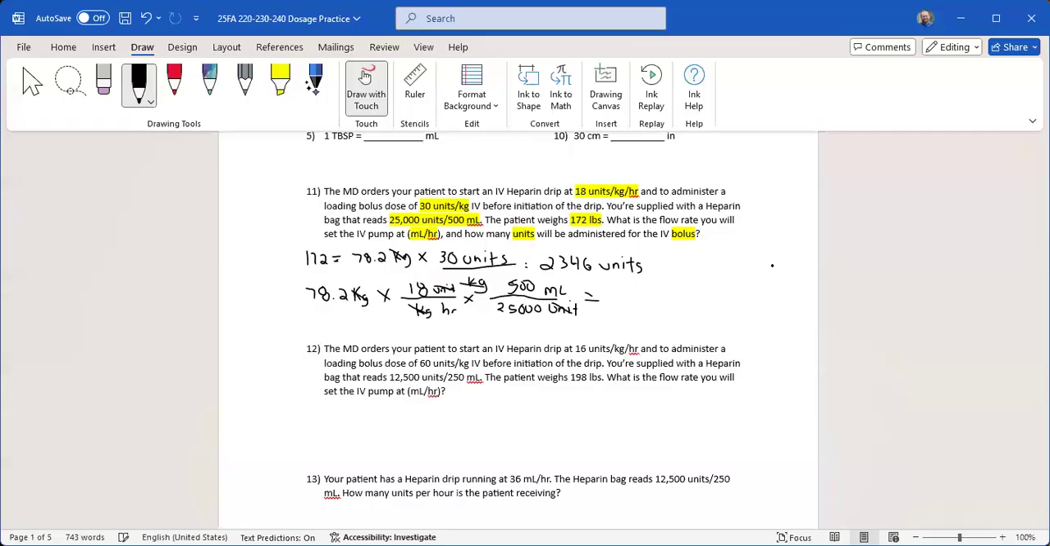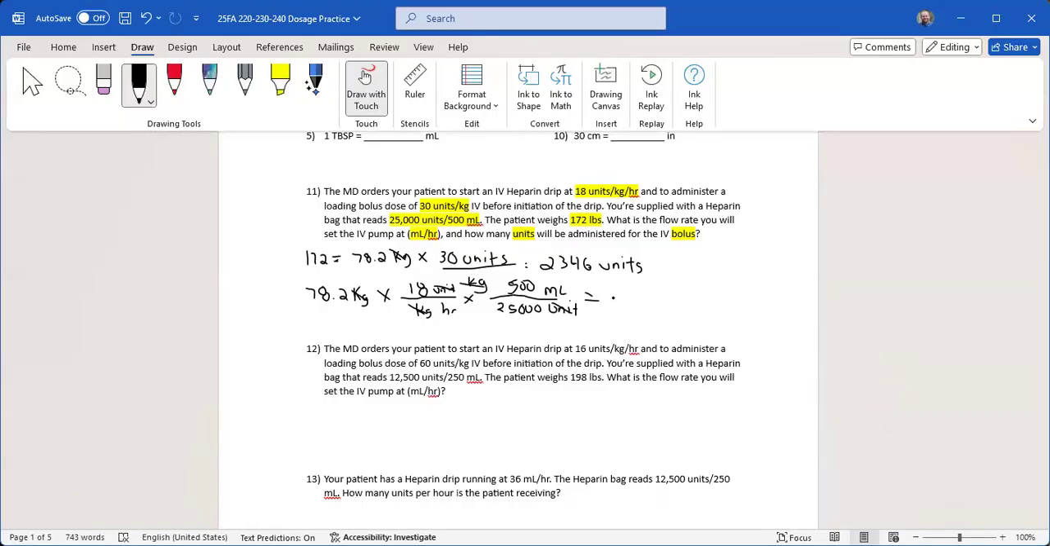Now you can go ahead and just do your calculation. I think it'll take you less time than me running through all that stuff. So I'm just going to multiply across the top, 78.2 times 18 times 500. And then I set equal in my calculator. It comes out to 703,800, but I'm not going to write that out. I'm just going to divide by the 25,000. And I'm going to get a final answer of